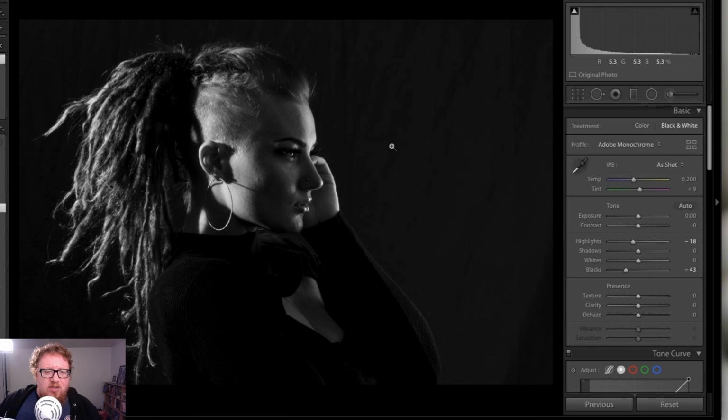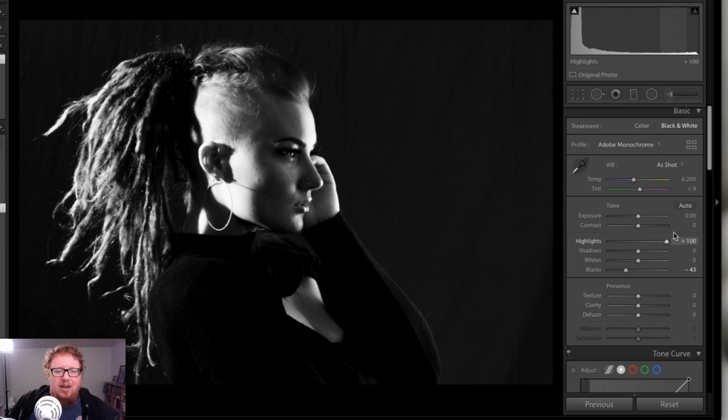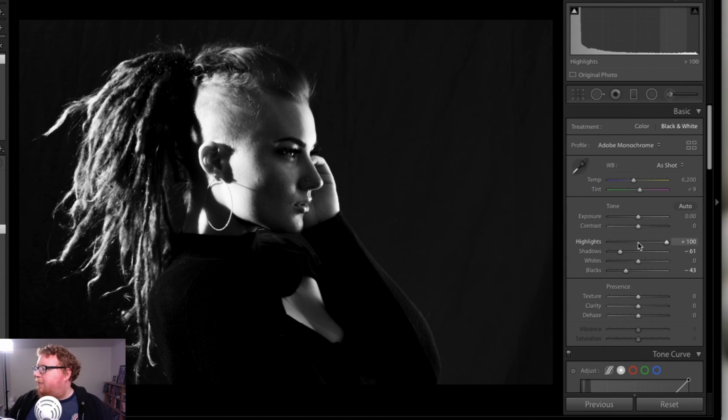I think I just did a little bit with contrast and pulled the highlights down slightly, because I wanted contrast, but I didn't want the big Sin City effect of absolutely nothing and then super bright whites